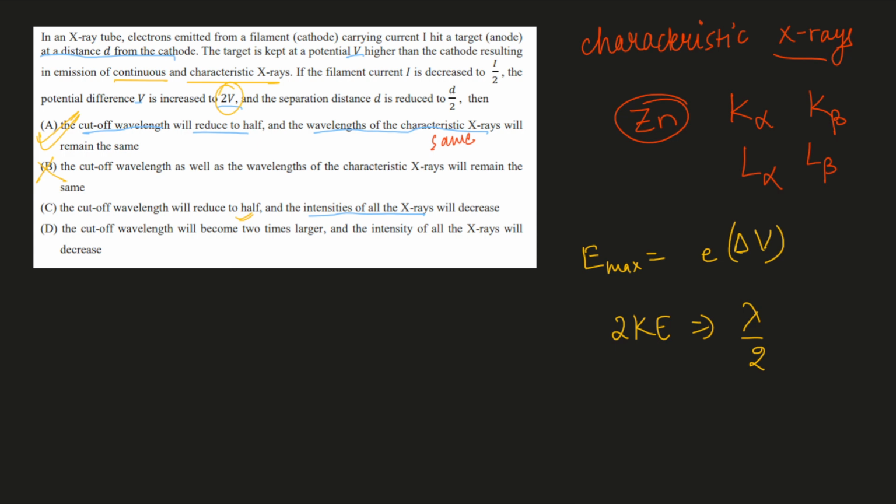Now, here's the thing. Intensities really don't tell you about what type of thing is being emitted. Intensity is basically, given a type of wavelength, given a range of wavelength, let's say, how many of those wave trains do you see? It's basically proportional to that. So when you decrease the current to I by 2, there are fewer electrons coming out of the filament. And when there are fewer electrons coming out of a filament, for a given wavelength, the number of electrons